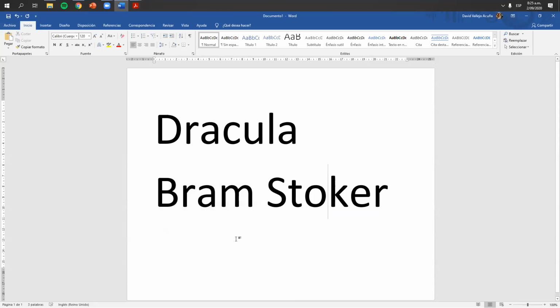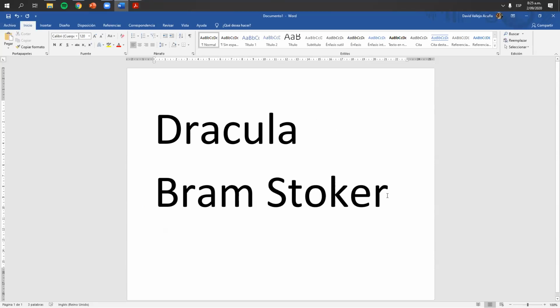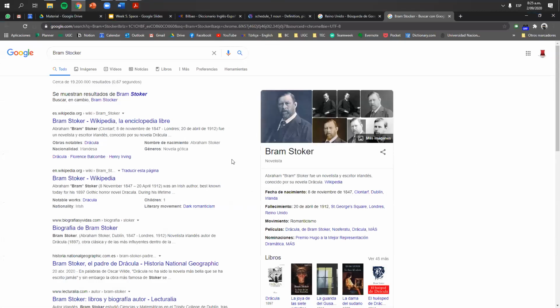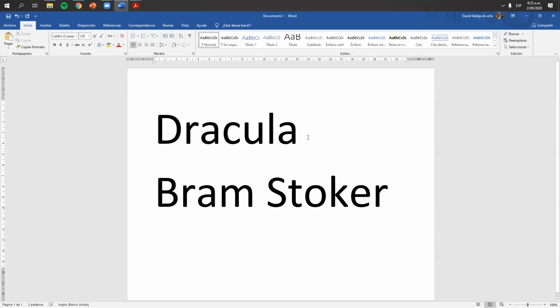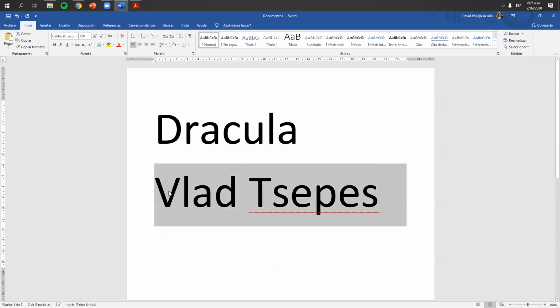So Bram Stoker is the author of Dracula. This is an Irish author, he's from Ireland. So this is one Dracula, which is the book. But there is another Dracula, whose name is Vlad Tepes, and this is a historical character,